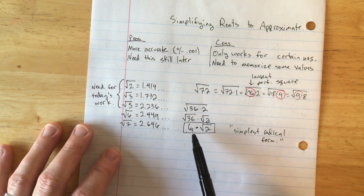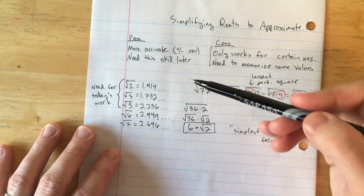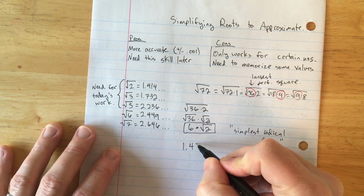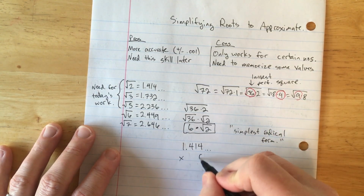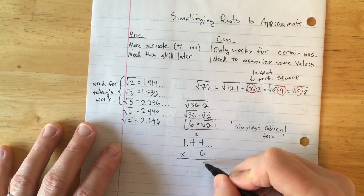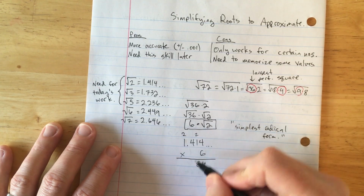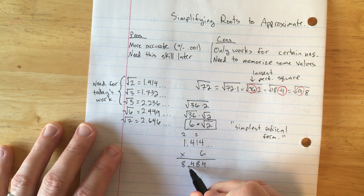All right, so now we know that this is 6 times the square root of 2. And the reason that I had you write down these numbers is because then I can use my pencil or my pen and do the square root of 2, which is 1.414, times 6. And let's see what that equals. 6 times 4 is 24. 6 times 1 plus 2 is 8. Oh my gosh. And there are 3 decimals, so I got